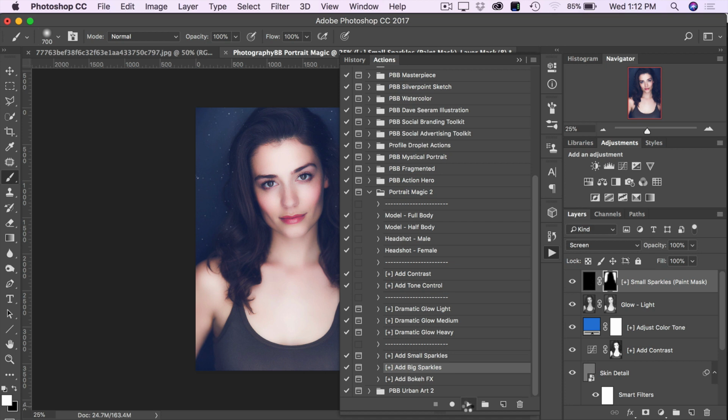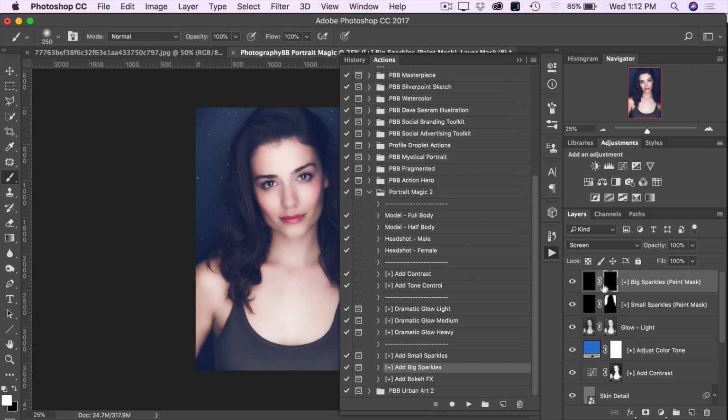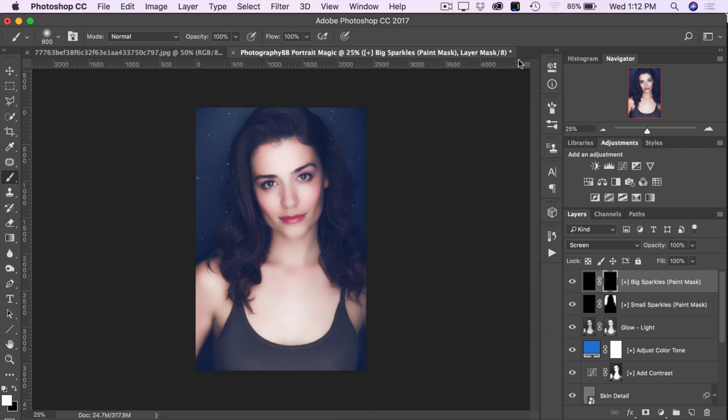Click play to run it. Okay, and we have the same dialog box appearing here, so we'll close that. And once again, making sure our layer mask is highlighted, we'll click that, and we can start painting. We'll increase the brush size here and move the actions panel out of the way. And we'll start painting some sort of bigger sparkles here that we can add a different sort of effect to